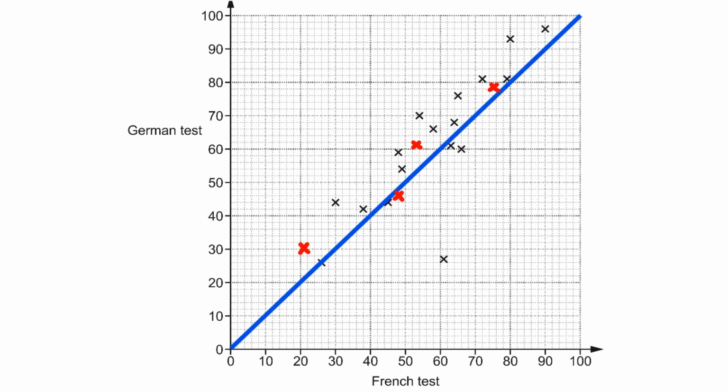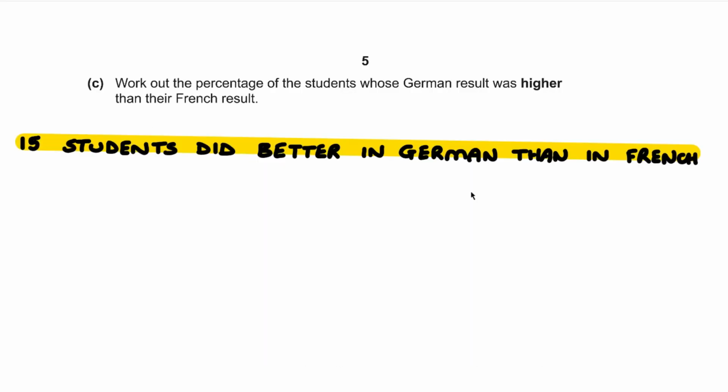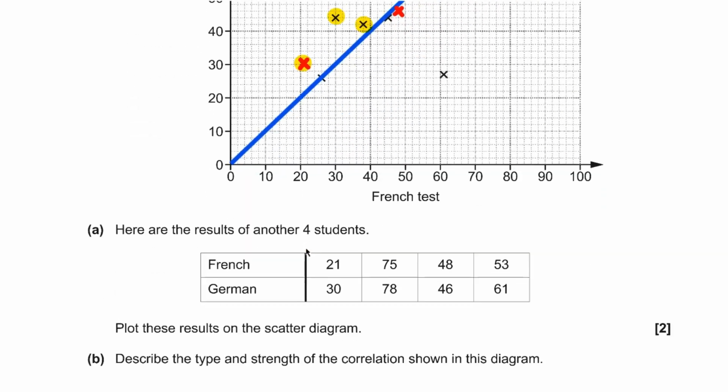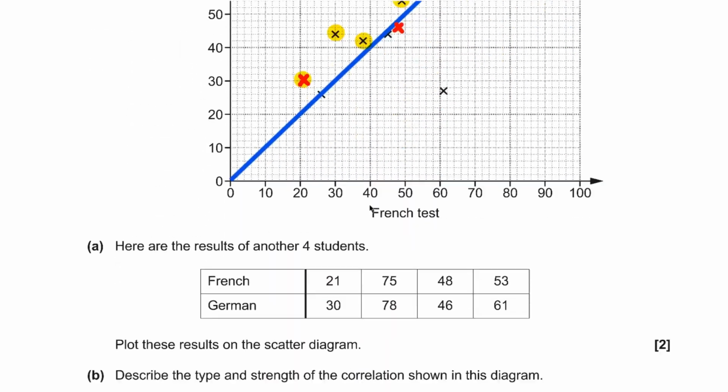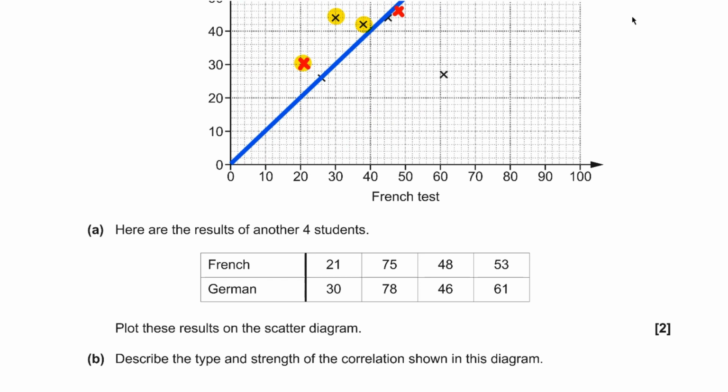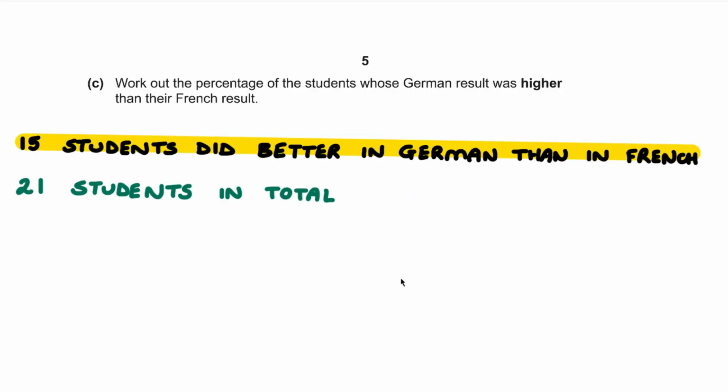So if we count those, we've got 1, 2, 3, 4, 5, 6, 7, 8, 9, 10, 11, 12, 13, 14, 15. So we've got 15 students who did better in German than in French. How many students do we have altogether? Well, we've got the 17 plus the 4, which is 21. We've got 21 students in total, which means our percentage is given by